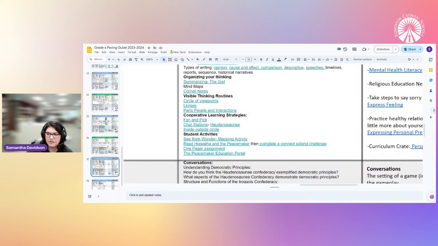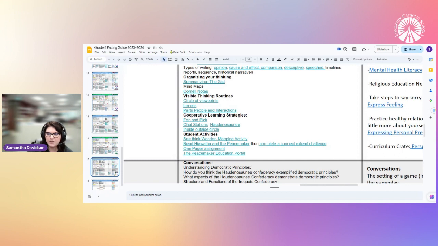So have your students analyze a source, analyze a reading, analyze something from the text from a specific viewpoint or from a specific lens. So you're going to read this from the lens of the clan mother. You're going to read this from the lens of a chief, for example. You're going to read this from the lens of Seneca, right? Those different viewpoints will really help them to understand the structure and truly understand how one of the, I guess,